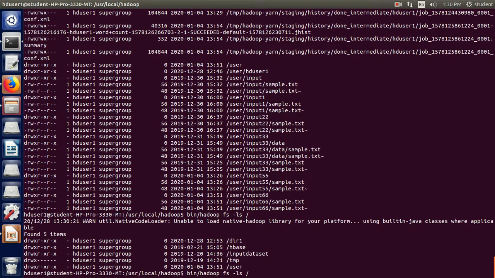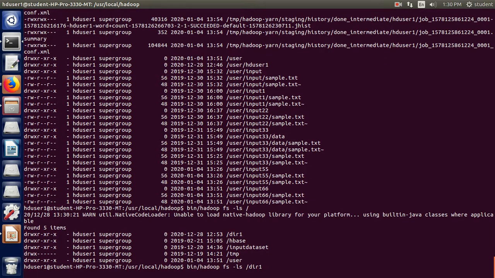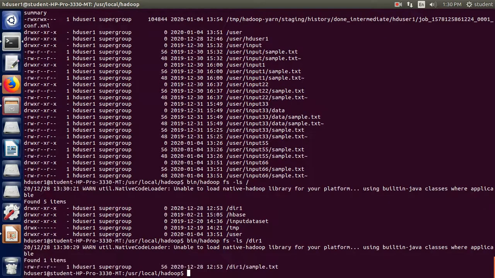I can also see the contents of dir1: fs -ls /dir1, and I see there is one file, sample.txt, under dir1.